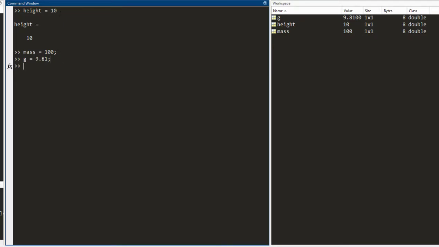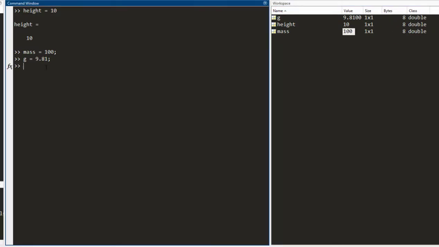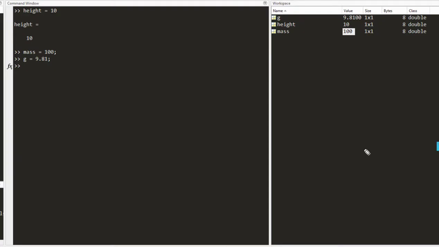So now I have defined these three variables and I can see in the workspace here all three variables are stored. I can see their value, their size, their bytes and their class. Now let's say I need to calculate the potential energy. I know that the formula of potential energy is mass times gravity times height.